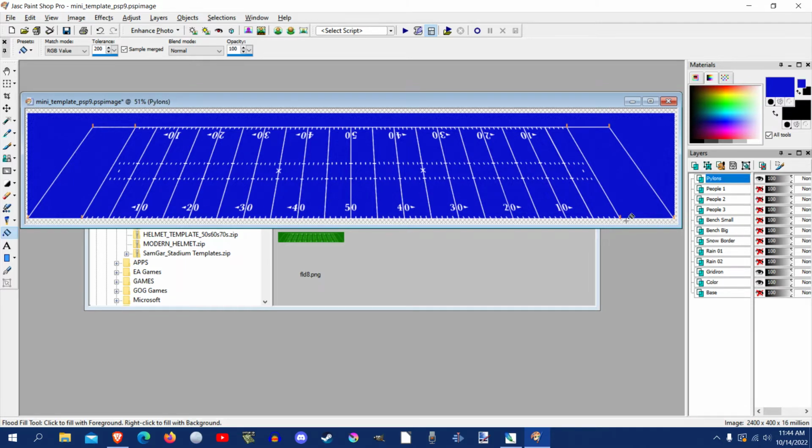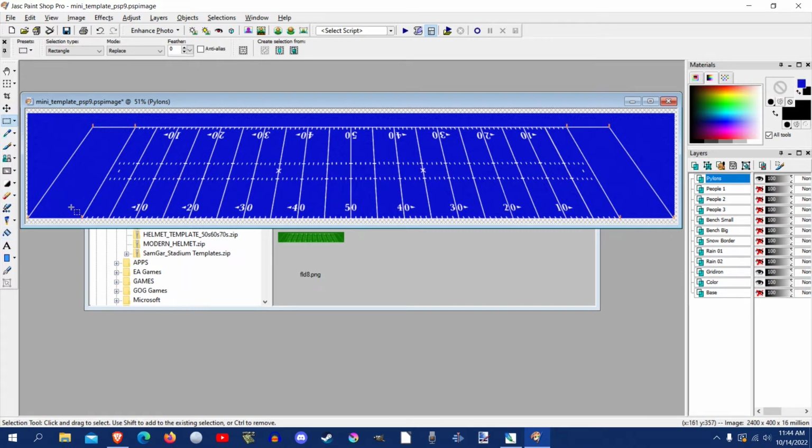The front corner of each end zone might not line up with that notch that I told you about in the end zone tutorial, where I said if you use the Showboats from the USFL download, it has a nice little notch cut out. And it does, but I don't know if mine lined up exactly. So you might have to